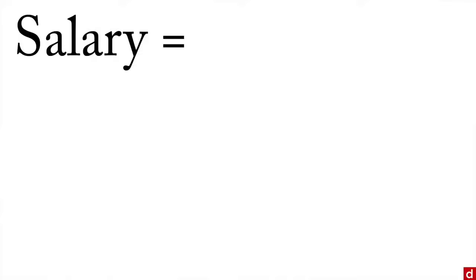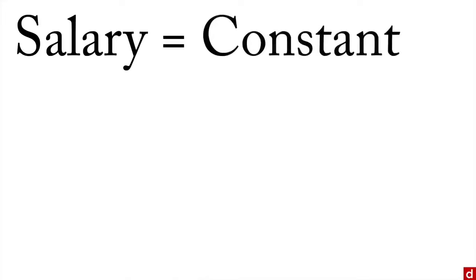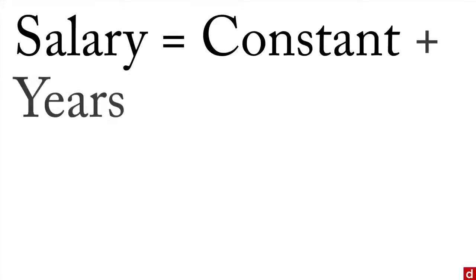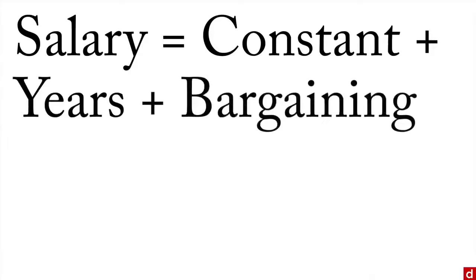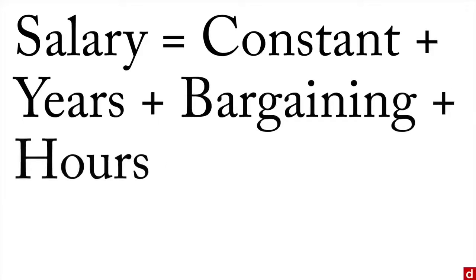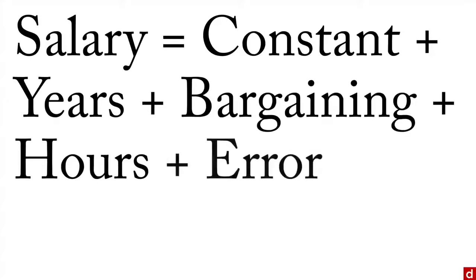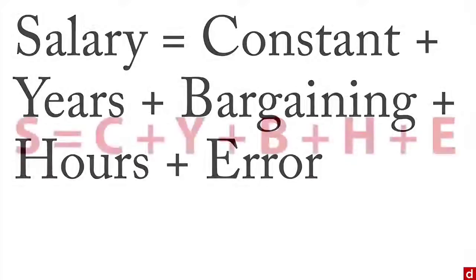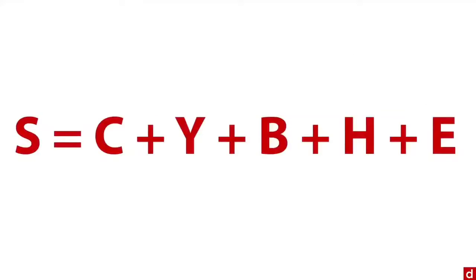And to give a simple version of it, the salary was equal to a constant. That's sort of an average value that everybody started with. And to that, you added years, and then you added some measure of bargaining skills and how many hours they worked per week. And that gave you a prediction, but because it wasn't exact, there's also some error to throw into it to get to the precise value that each person has. Now, if you want to abbreviate this, you can write it kind of like this: S equals C plus Y plus B plus H plus E. Although it's more common to write it